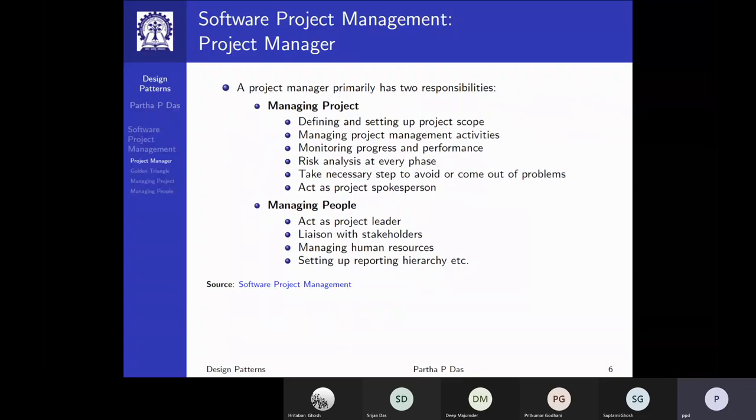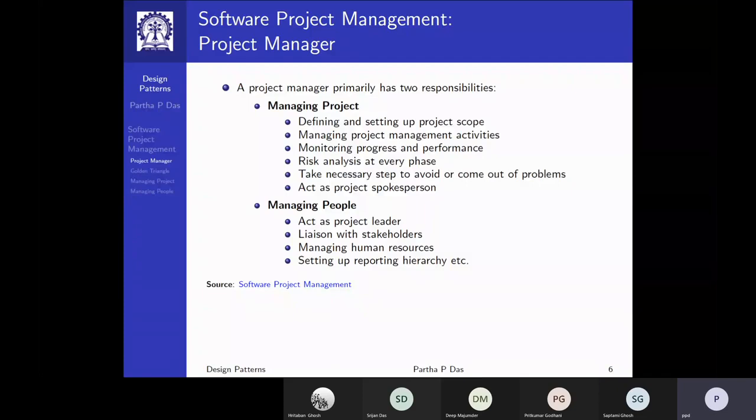The other is managing people. Maybe in other project management, this may not come up as a key activity because many projects are not people intensive. Maybe managing other resources, such as inventory, may be a lot more critical, for example, if you're working on a construction project.